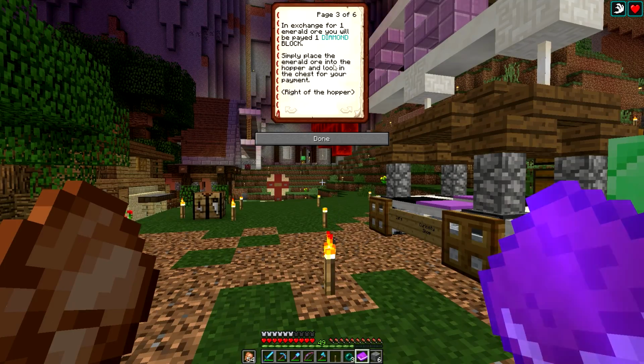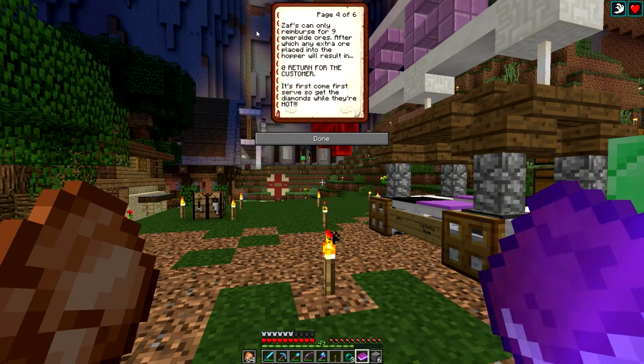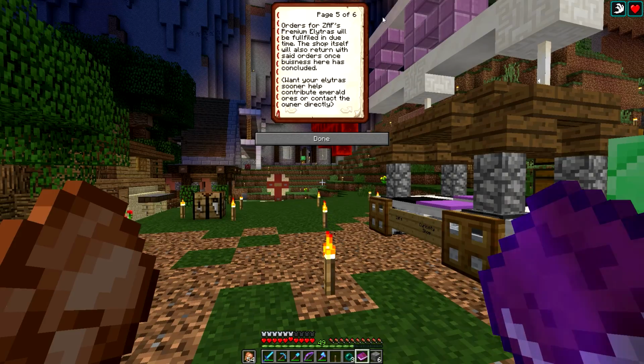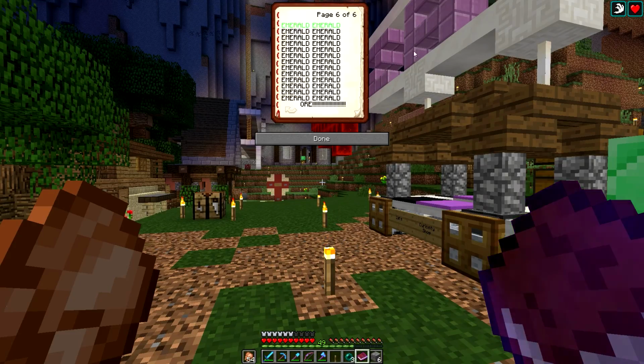Simply place the emerald ore into the hopper and look in the chest for your payment right of the hopper. Zaf's can only reimburse for 9 emerald ores, after which any extra ore placed into the hopper will result in 0 return for the customer. It's first come, first serve, so get the diamonds while they're hot. Indeed. Orders for Zaf's premium elytras will be fulfilled in due time. The shop itself will also return with said orders once business here has concluded. Want your elytra sooner? Help contribute emerald ores or contact the owner directly. Emerald